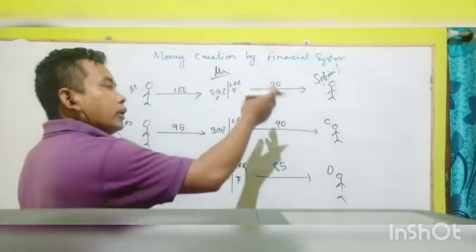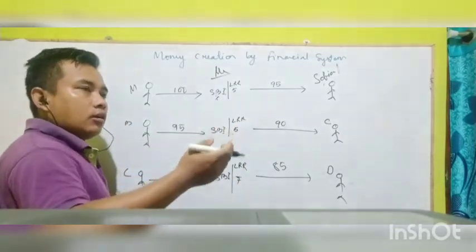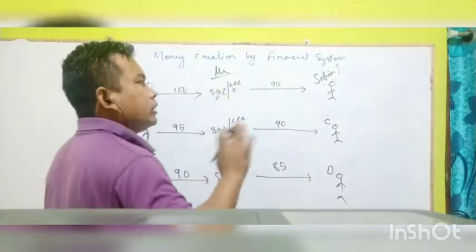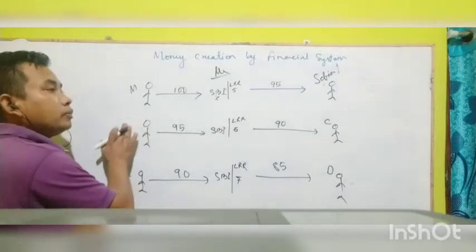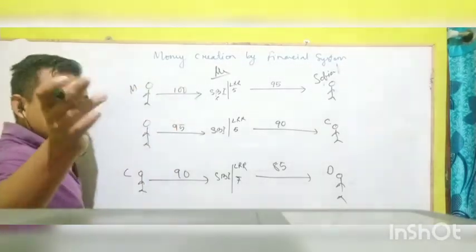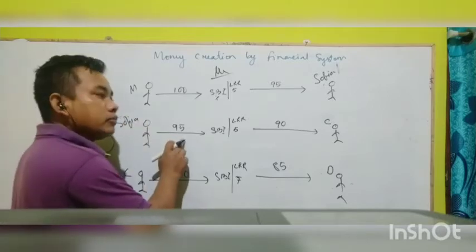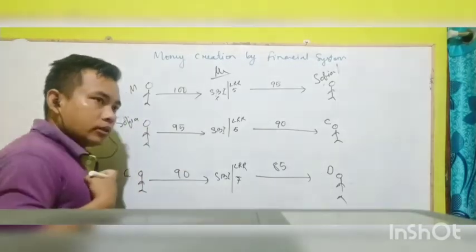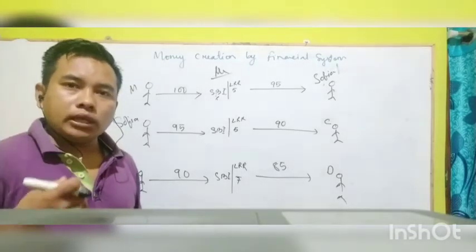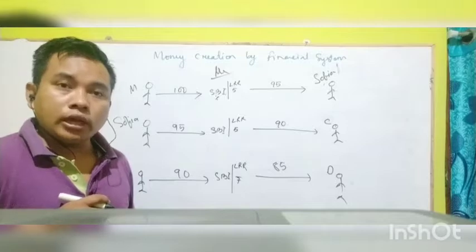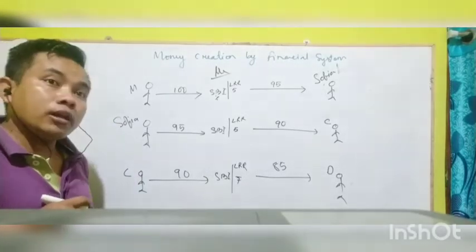After that, Sophia, you do some economic activity, embroidery, a factory, whatever it is. At the end of the year, you have to pay me back my loan because you took a loan from me. So Sophia is paying back 95 rupees. When Sophia borrowed money from me, did I lose my money? Yes or no? No, definitely no.